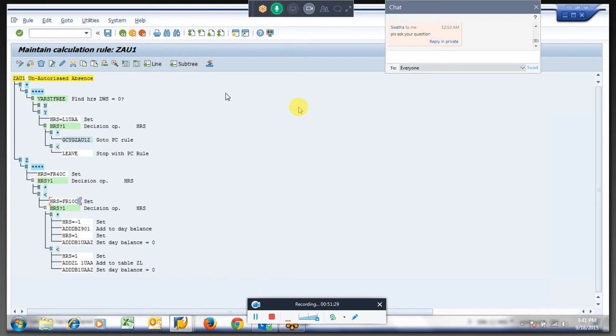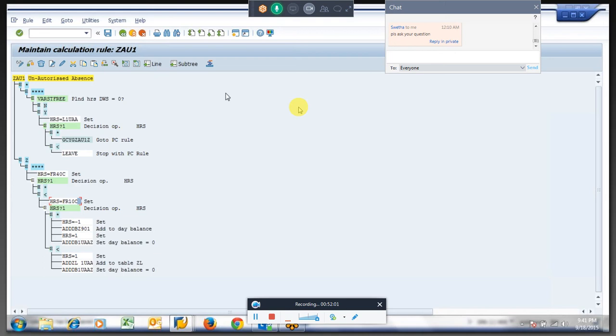I didn't get you. Do you mean you are telling me to directly reduce the quota? Now, through PCR, can we update an absence type?